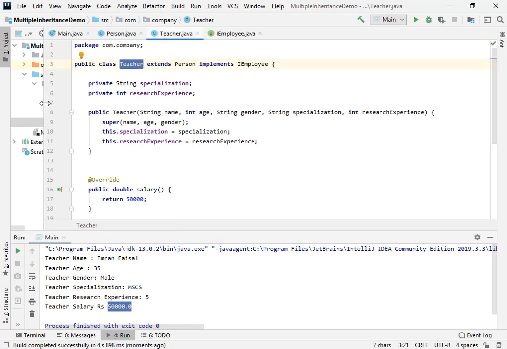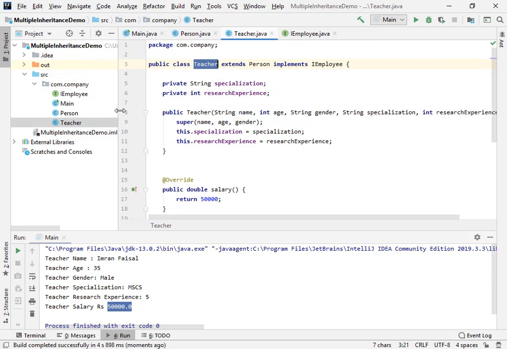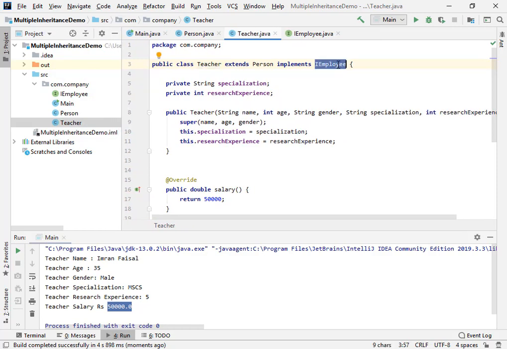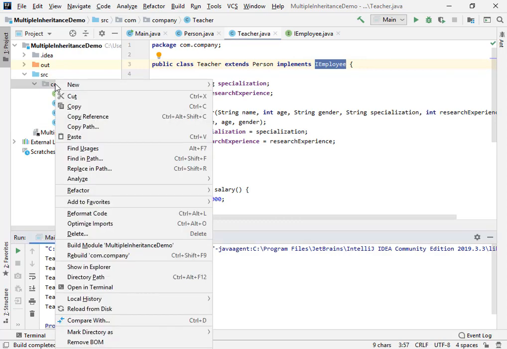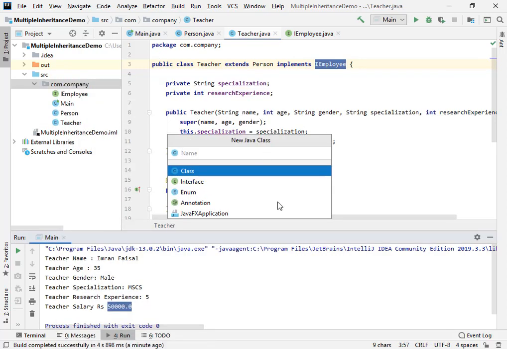So let me show you, if I don't use an interface over here and if I use a class, what would happen? So if I right click over here, new Java class, I'm going to create a class known as Employee. Let's see.